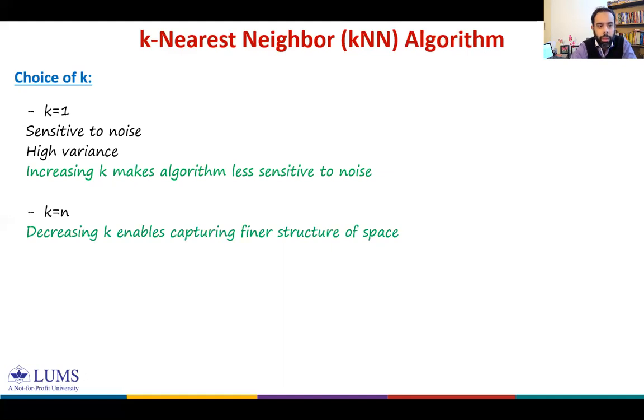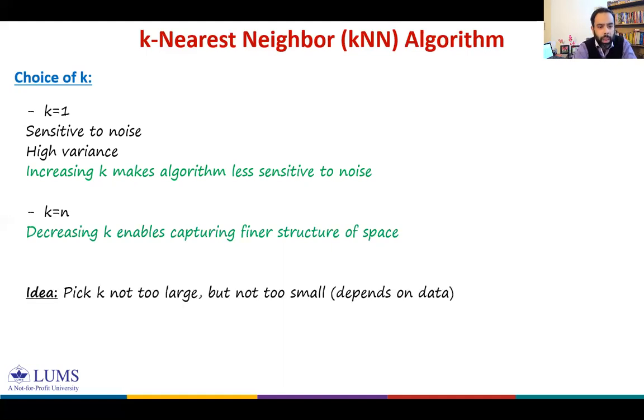So we cannot have a very large k, and we cannot have a very small k. So how do we choose k? The rule of thumb is we should not pick too large a value of k, and not too small as well. So it depends on the application. It also depends on the amount of data you have. But we know one technique which we can use to learn the hyperparameter. And what is that technique?